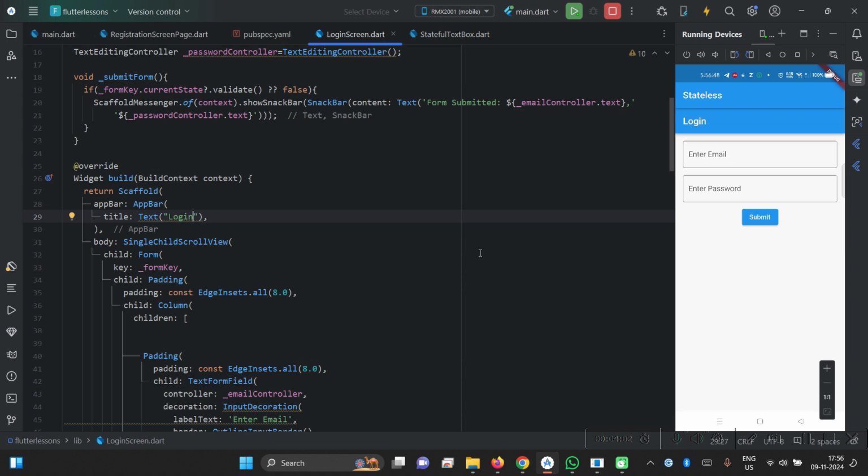In the coming videos, I will teach you how you can jump in Flutter from the first screen to the second, third, fourth, fifth, or whatever screen. You can have navigation between screens in Flutter. So see you guys in